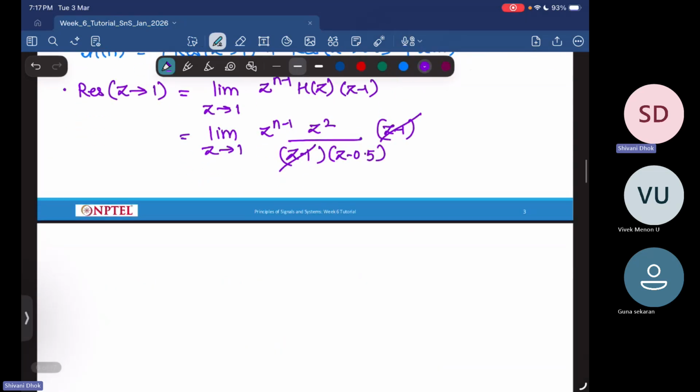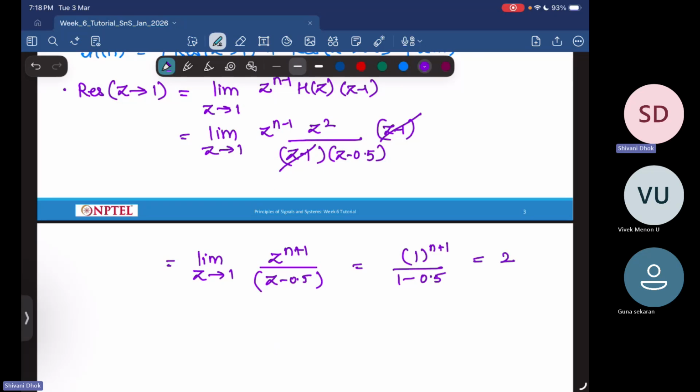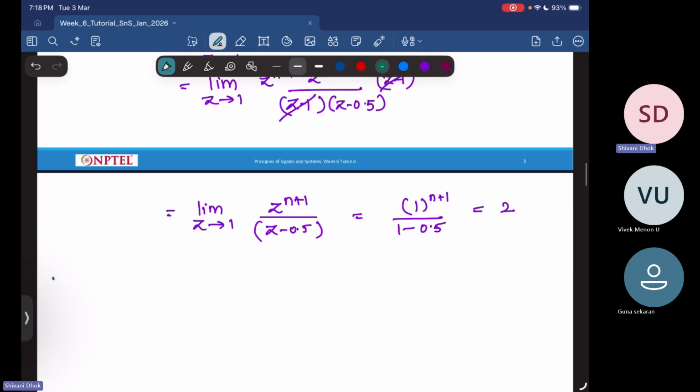Okay, so this becomes limit z tending to 1, z to the power n plus 1 upon z minus 0.5. This is equal to 1 to the power n plus 1 upon 1 minus 0.5. So this comes out to be equal to 2. Similarly, we have